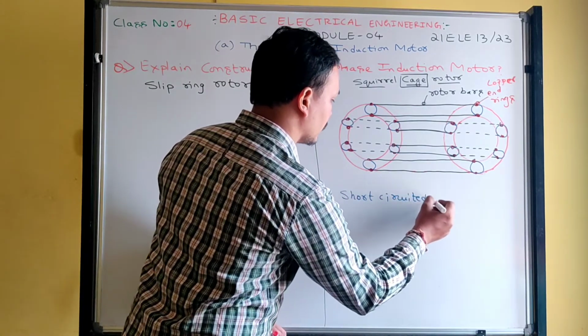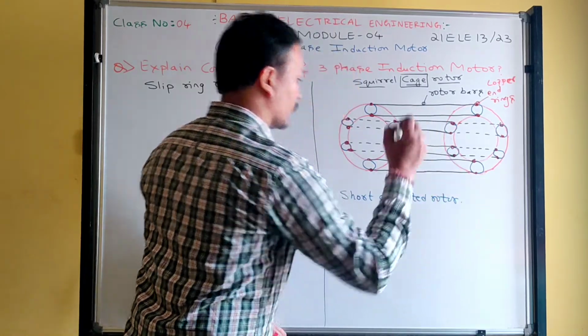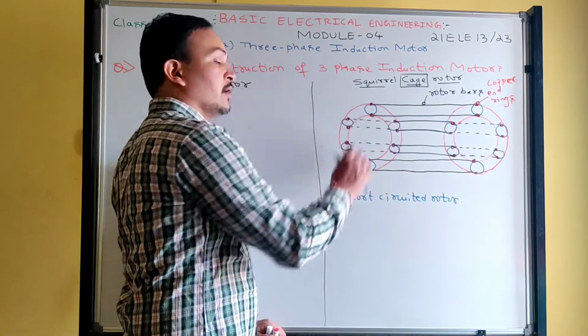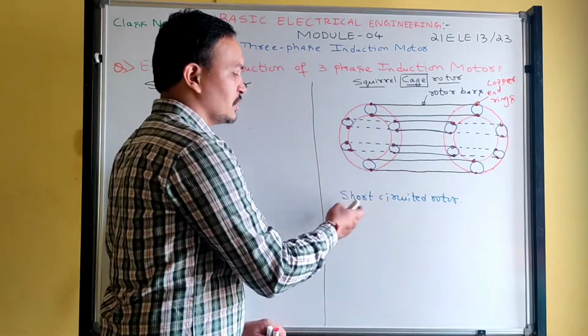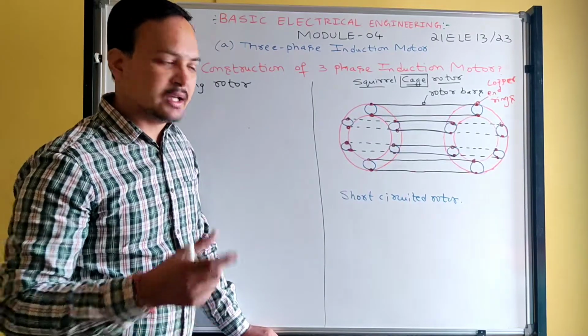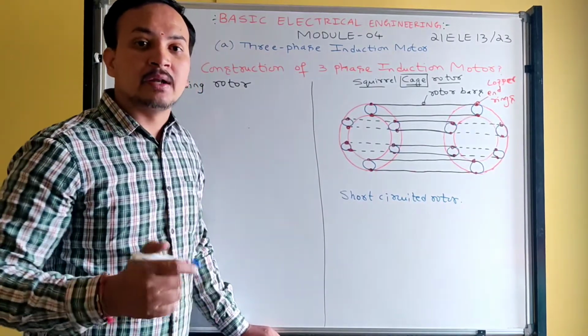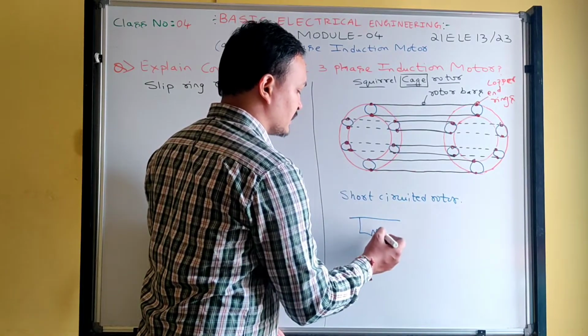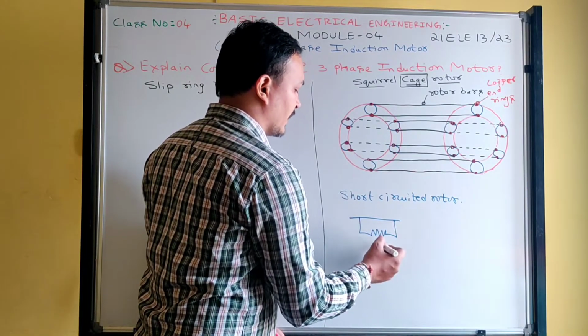Okay, short circuited rotor. So we cannot add resistance to this type of rotor. Why? It is short circuited. For a short circuited path, if you connect any resistor, it becomes redundant. See, this is a short circuited path. If I connect some resistor here,